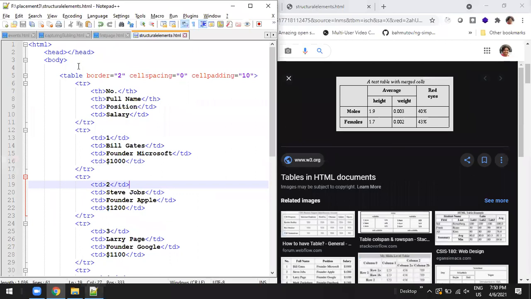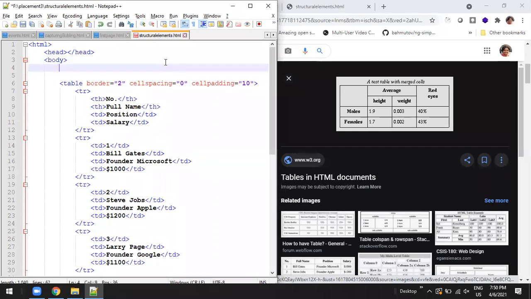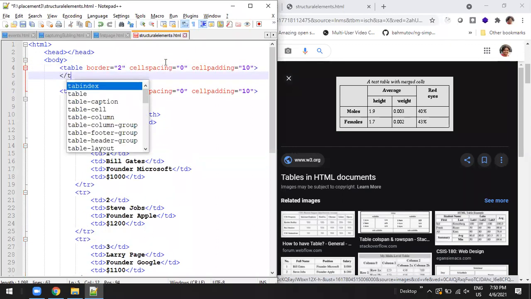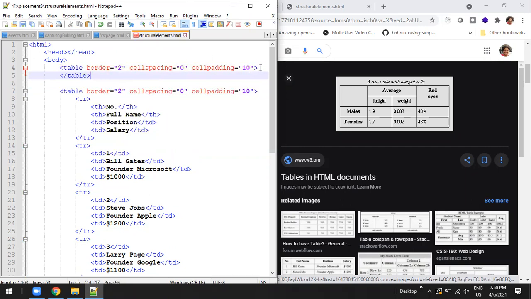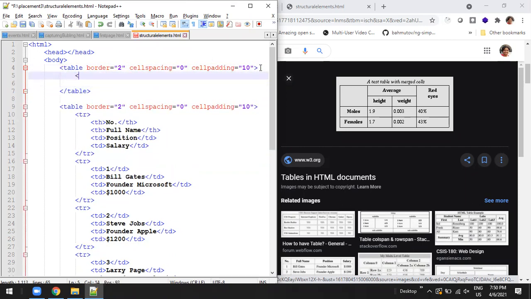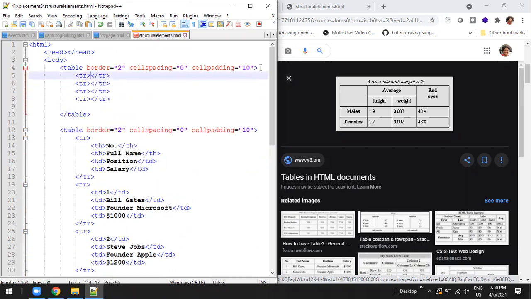So let us create that. I'll use the same style, table, and inside that, how many rows do I have to create? 4 rows. Okay, first job is done. Second step is, what are the TDs that come under the first row? I repeat, what are the TDs that come under the first row? This empty box, average and red eyes, these 3 come under the first row.